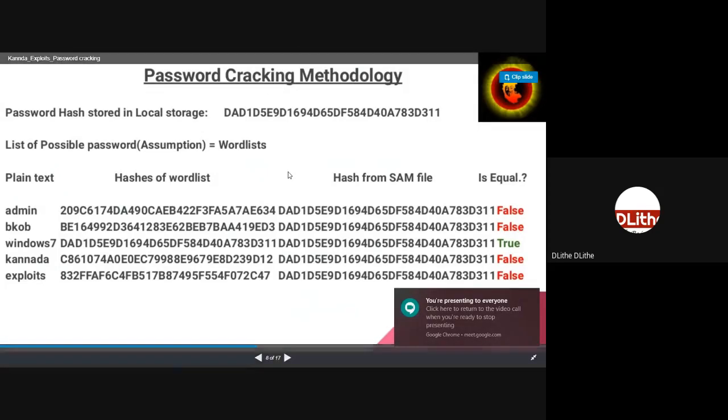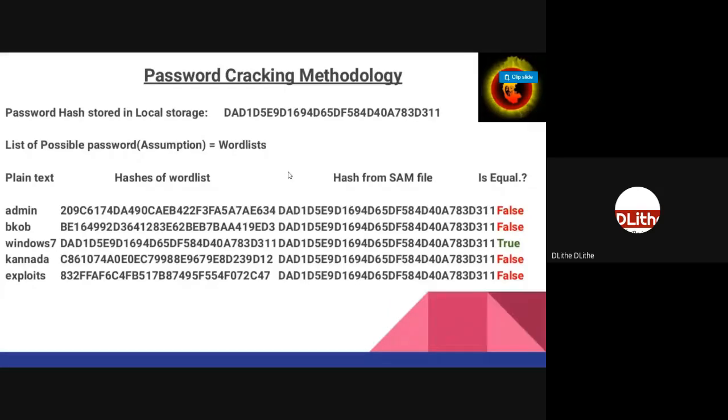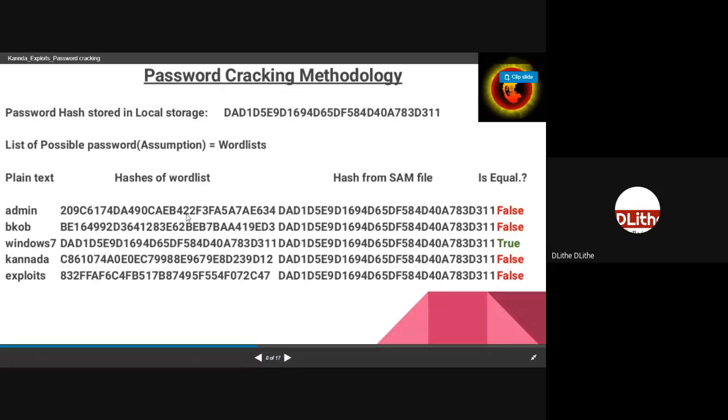If you remember, John was using its default word list earlier, and later I provided my own word list, which unfortunately didn't work, right? Whatever word list you provide to a password cracking tool, the tool internally will create a hash value of the given word list.